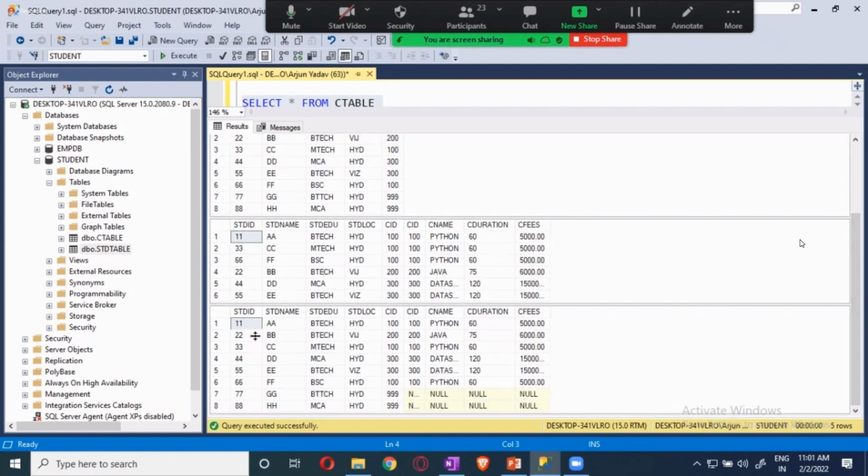Now you got all the student details over here. All the 8 student details you got. And only for the students whose course ID is matching with the course ID of the course table, only that course information we got. And for the people whose course ID is not available in the course table, we are getting null over here. Okay, guys, just try to understand this. You will get all the records from the left side and only the matching information from the right side table. Okay, this is what will happen.